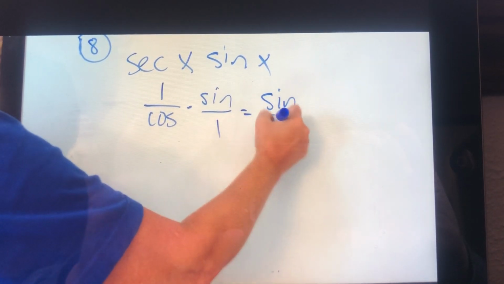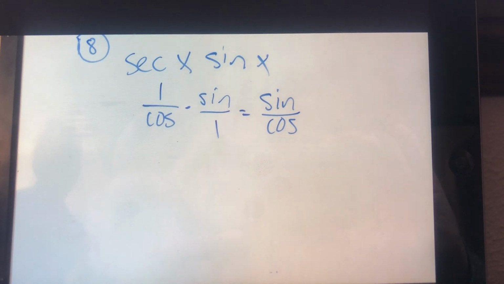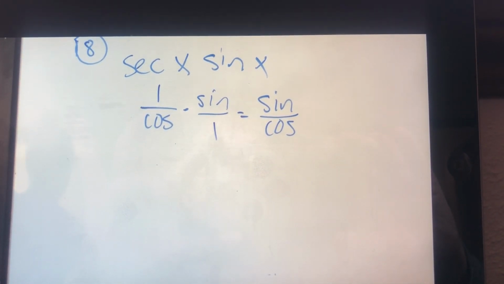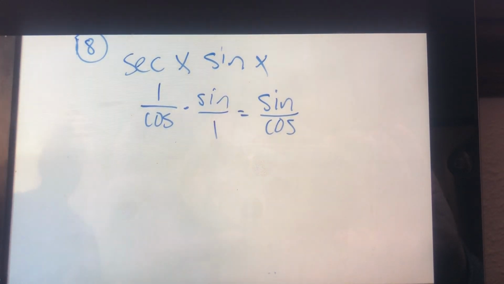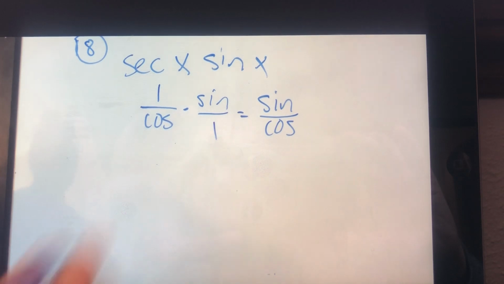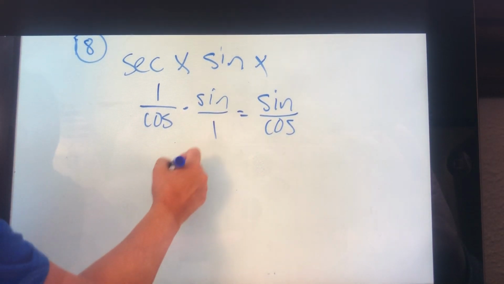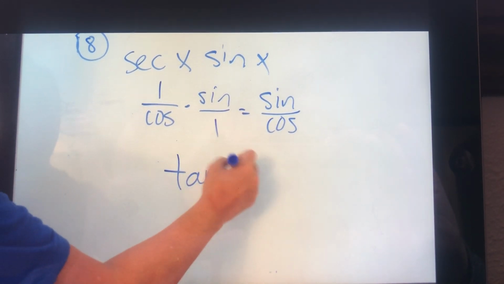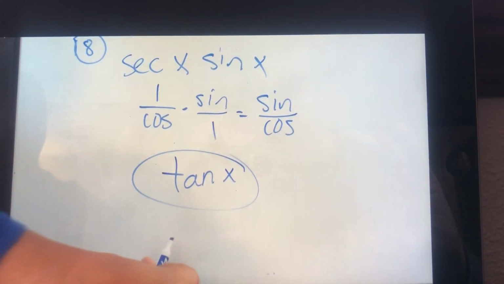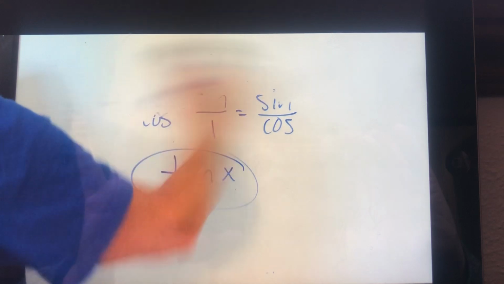So we get sine up top, cosine on the bottom. A few of you left it like that, okay? Full credit, all right? I want you to simplify that. And it's sine over cosine is equal to tangent. So that was number 8, tangent x. Okay? Now, the last thing I want to mention, you're going to be doing some today